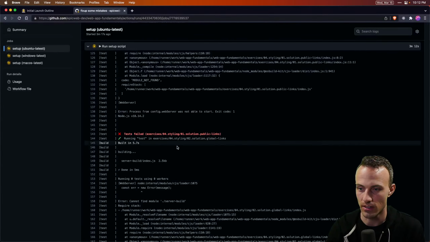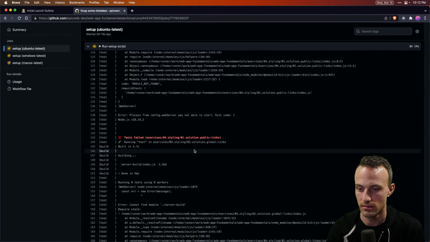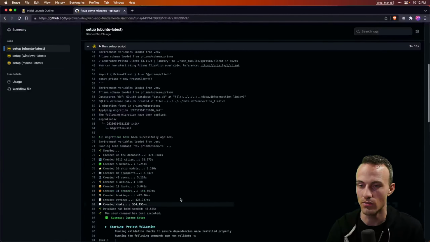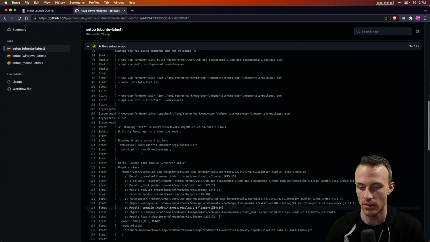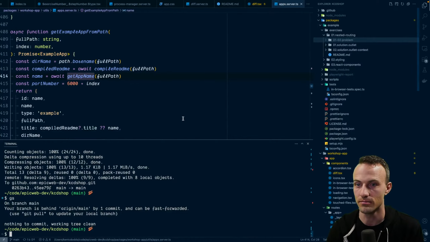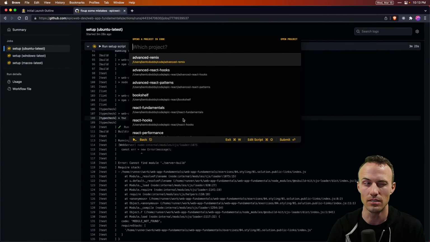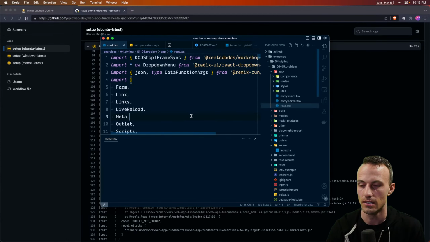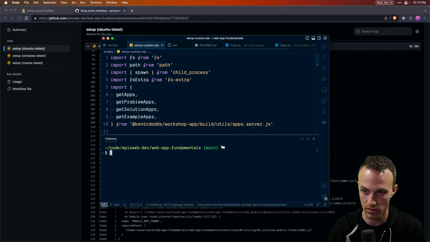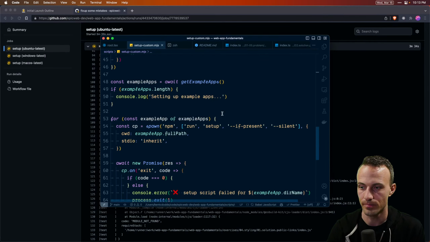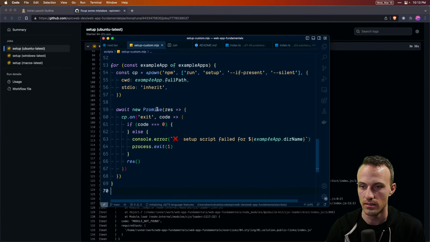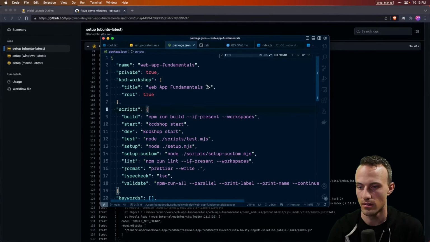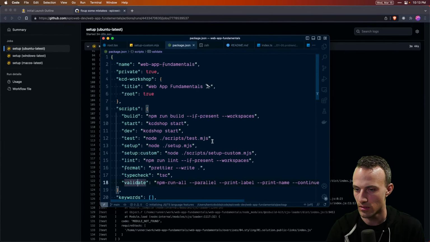Rats. Test failed. Cannot find module server build because we forgot to run the build. We got to run the build on all these. All right, one last thing. This is web apps fundamentals. Setup custom needs to run the build on all of these. Oh no, validate should run the build. Hold on. Build.